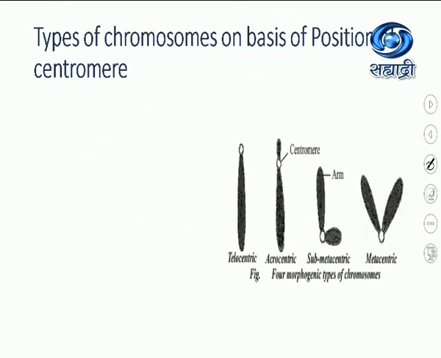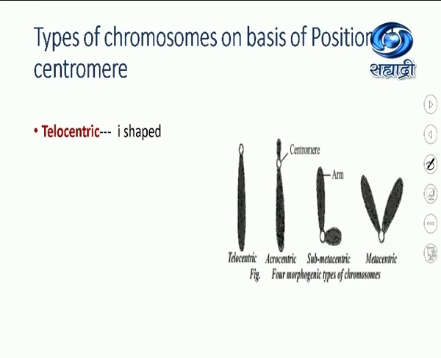Now let us see the types of chromosomes on the basis of the position of the centromere. Very important, can be asked for MCQ, one-line question, diagram for 2 marks, match the pair. So listen carefully, and it is very simple. You know now what the centromere is. The centromere is the primary constriction where the chromatids are attached. Now the position of this centromere varies. So there are 4 types of chromosomes.